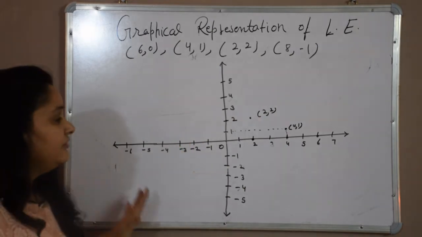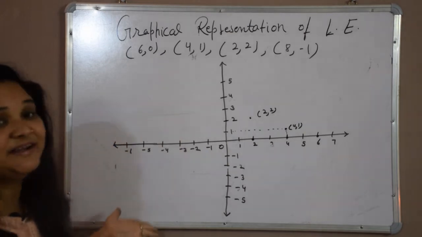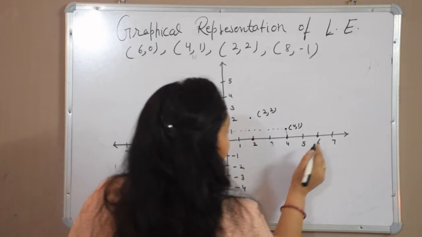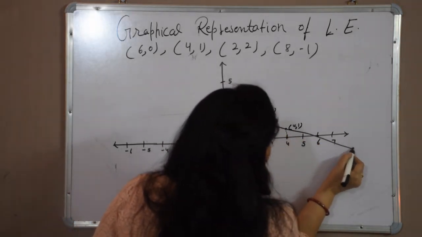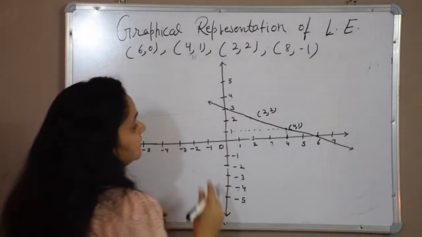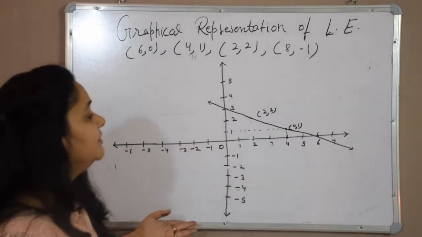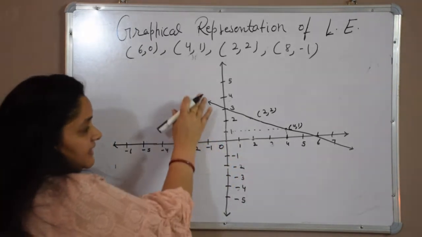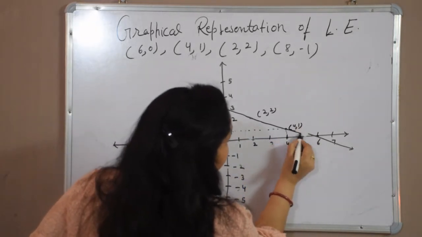I told you that we need 3 points to plot the graph of a linear equation in 2 variables, and it will always represent a line. See how we can say. Now join these points. I am not plotting by scale or using any device, I am directly doing it freehand, but you need a scale. You should use a scale to join these points, and you will get a straight line.